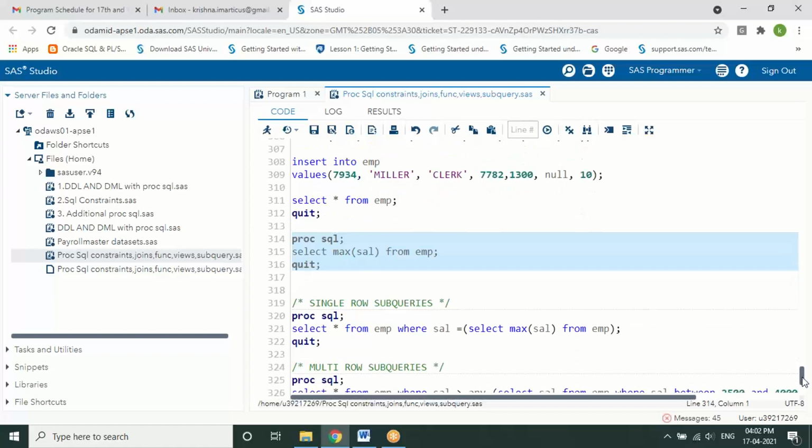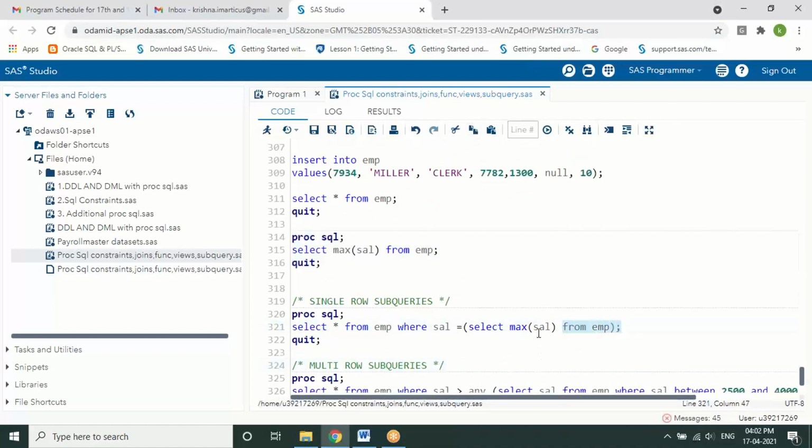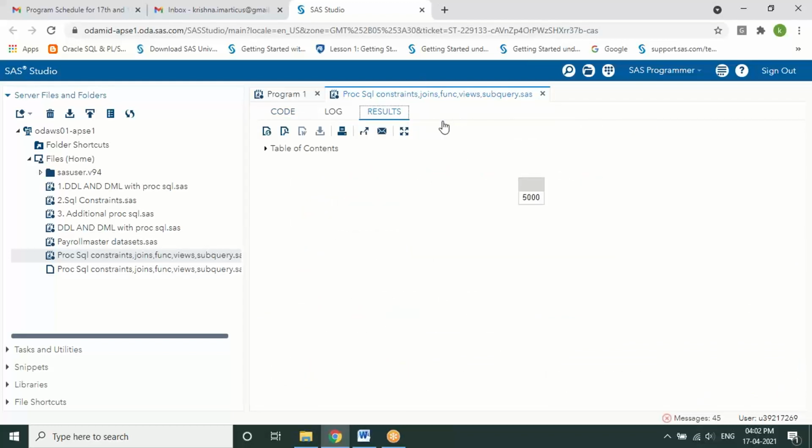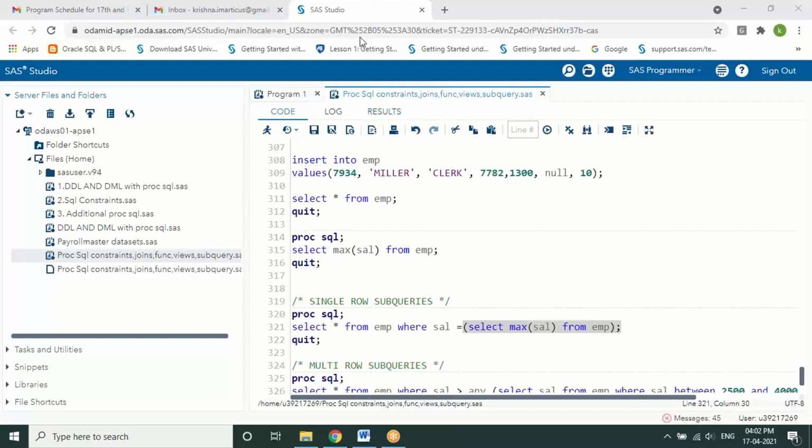So how do we write this? You can see here, I'm writing the inner query, select max sal from EMP. The maximum salary we got is 5,000. So what I want to display is select star from employee where salary equals 5,000, which will be my entire query executed after this result.